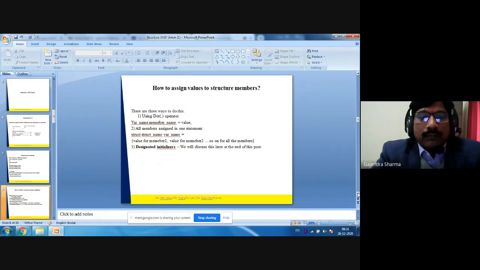How to assign values to structure members? We can use three techniques for this purpose.